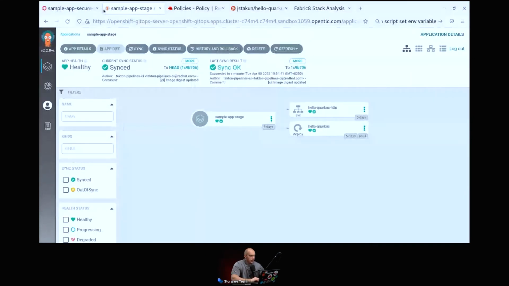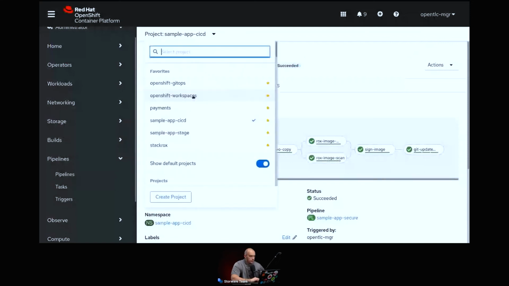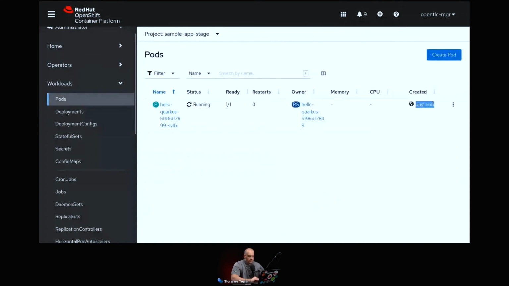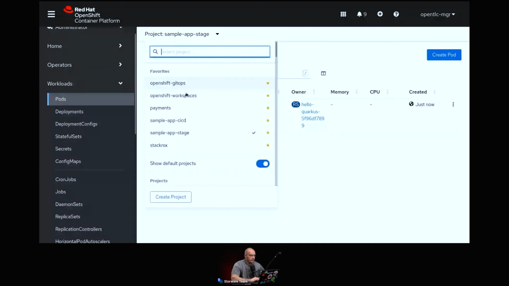Also, if we come back here and change to the stage project, we should see in the workload that the new pod has been created just now. So we can see that this has happened. The new version of my application has been deployed